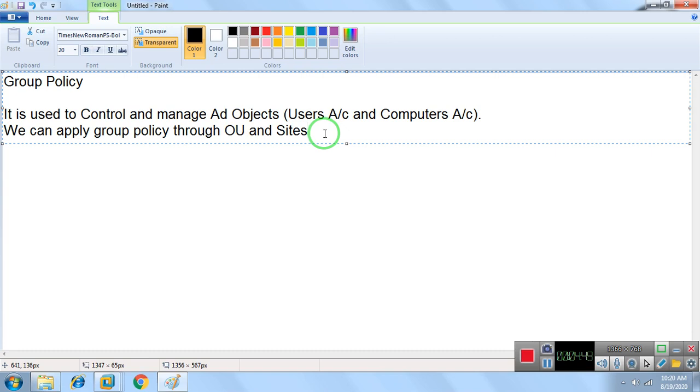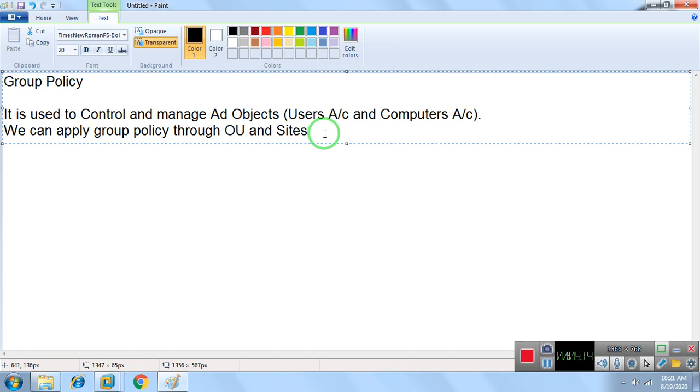Once I implement the policy on the OU, it is automatically inherited and applied to all the users in the OU. It doesn't matter whether the OU has 10, 100, or 1000 users. So with the help of OUs and sites, we can apply the group policies on user accounts and computer accounts. I hope you're able to understand this till now.